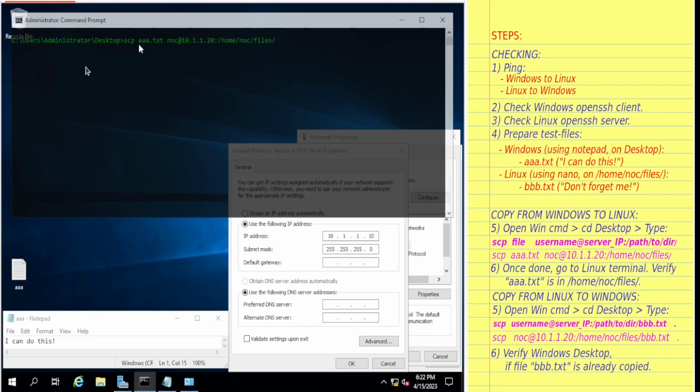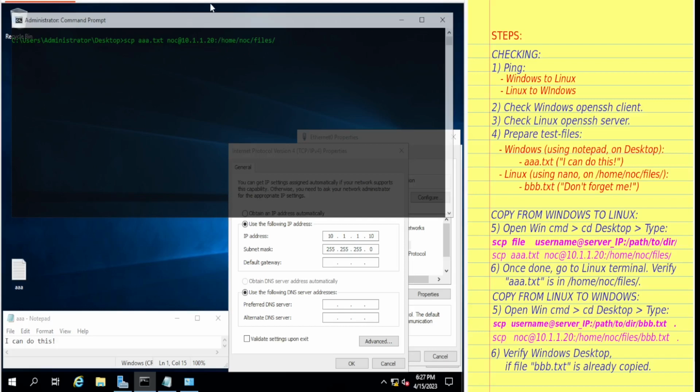It is the file that we will be sending to the Linux server. And then the username that we will be using in the Linux server at the IP address of the Linux server. And here is the path going to the folder where we want AAA.txt to be transferred. For the file path, home noc files, we can verify this by going to the Linux server